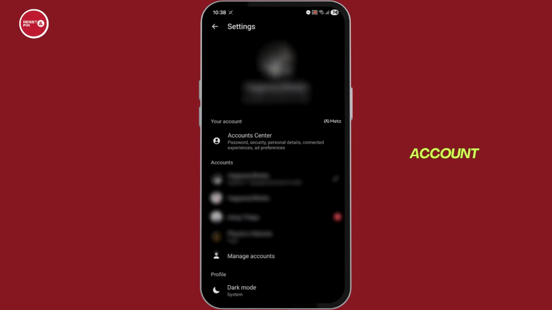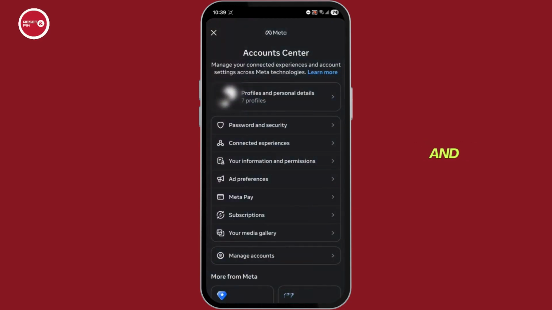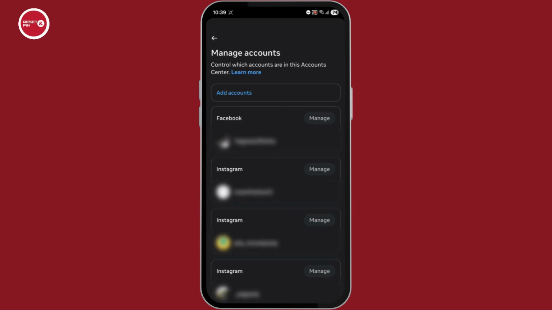Now at your account there is the account center option. Just press on the account center. And then finally there is a manage account at the end. Simply tap on manage account. Now here you'll find the list of all of the accounts signed on this device, and if you want to edit each, simply tap on manage,